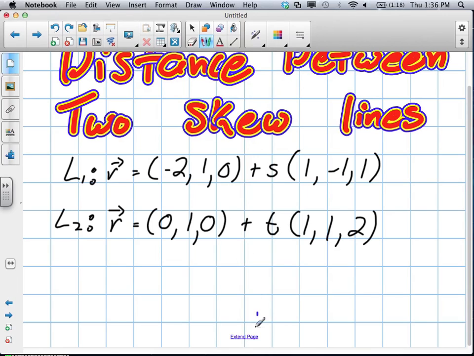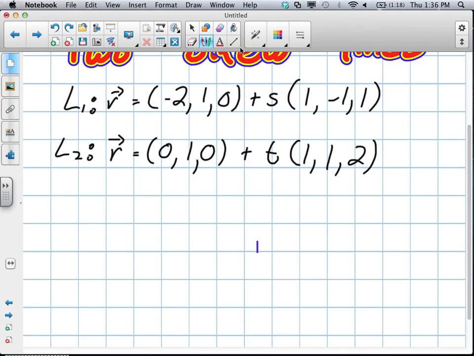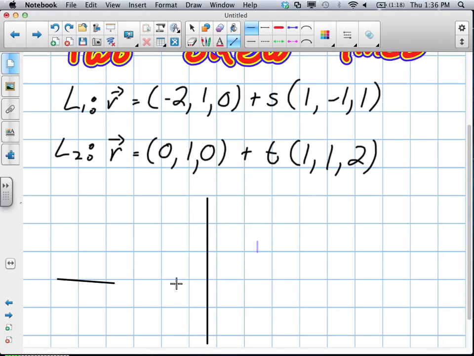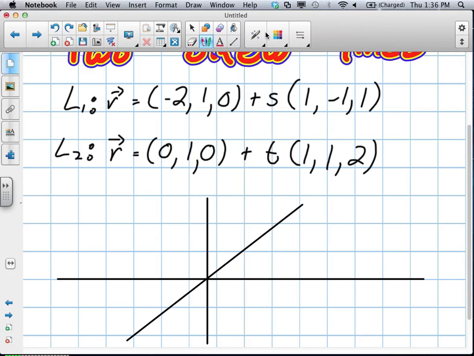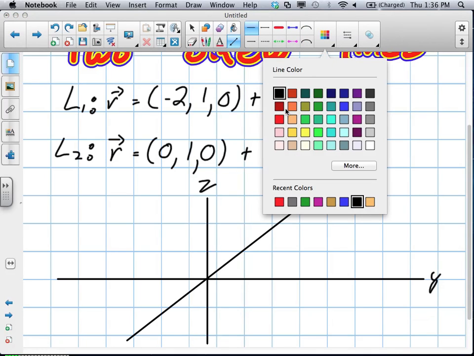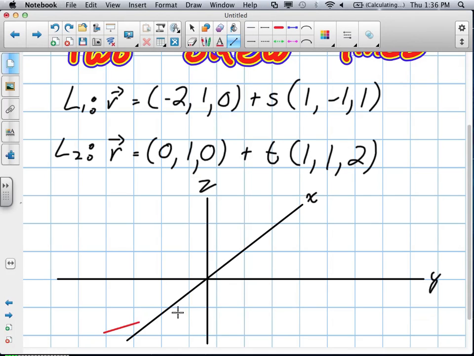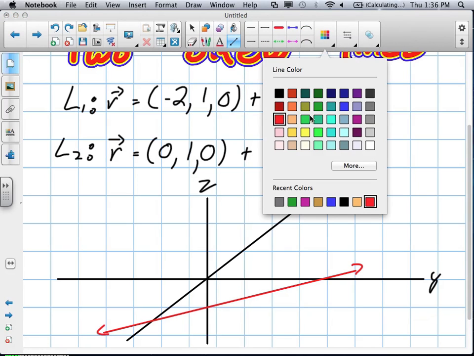Because they're skew lines, let's bring up 3-space. We're going to do a little 3-space experiment here. So let's say we have our 3-space. There's our X, our Y, and Z. And we have a line. We'll say the red one. And he's going something like this. Okay. Through space. And we have a blue line that's probably doing something like this